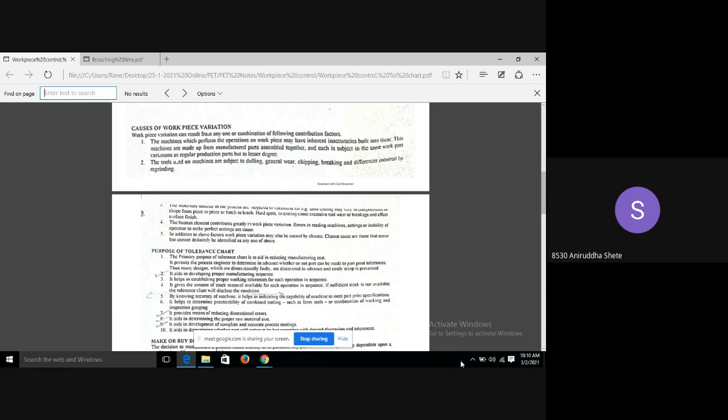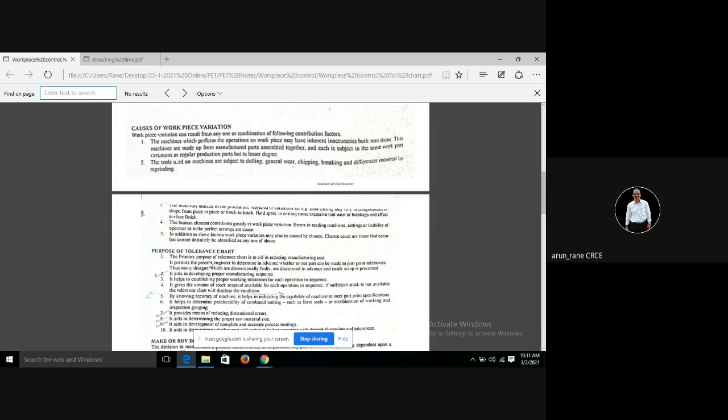Just for today's session, just 2 minutes only. Then there are some processes. I am going to give you that chart, which has their own tolerances. Casting will give some tolerances, forging will give you some accuracy, powder metallurgy will give you some accuracy. I cannot expect accuracy of say 50 micron in casting. No way. If I am going to cast, then I will get a variation of plus minus 2 mm. So if my component is produced by casting, then I have to give a tolerance of plus minus 2 mm or plus minus 1 mm.